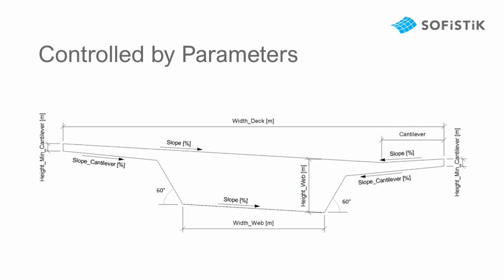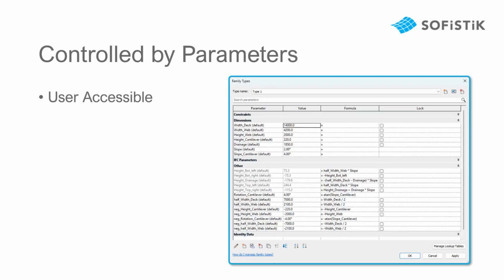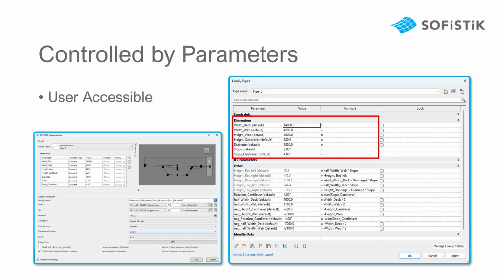The family I will create is a superstructure family as you see it here. I recommend taking a quick screenshot to see all the parameters that we will use to control the geometry of the superstructure along the axis. The parameters that we will create are, on the one hand, directly user accessible. What do I mean by that? When we take a look at the family type, I mean the parameters that don't have a formula attached to them. And we can use them in the superstructure interface directly.